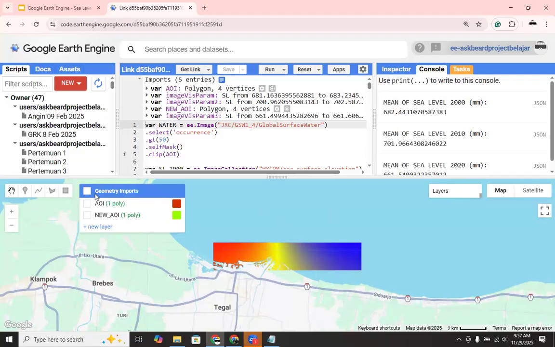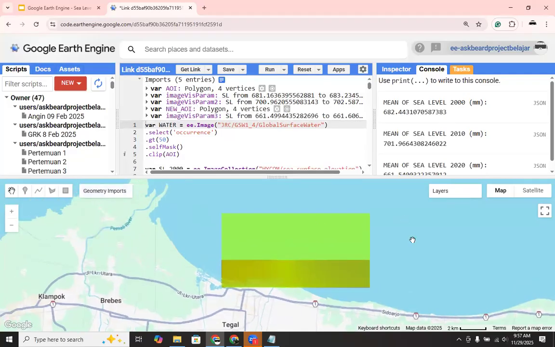To use the data, we just have to change the geometry.